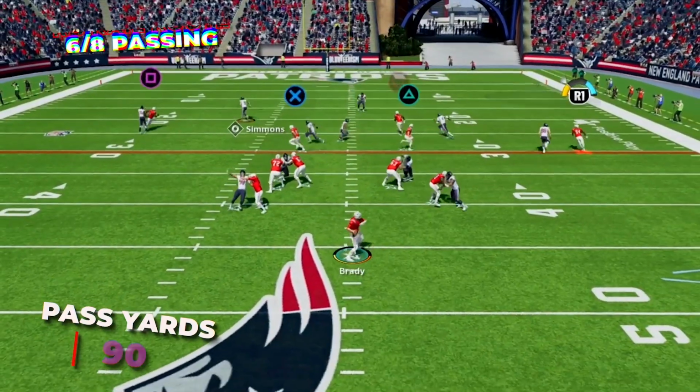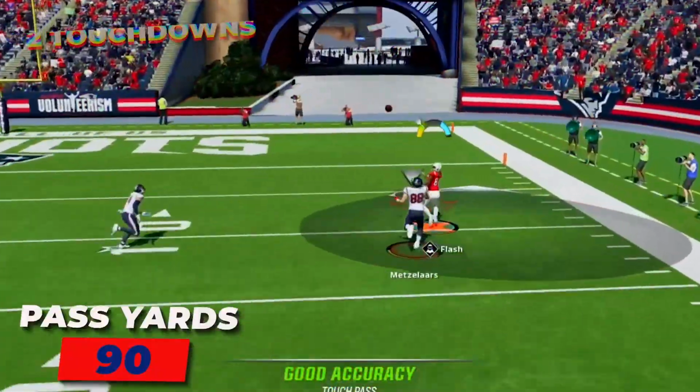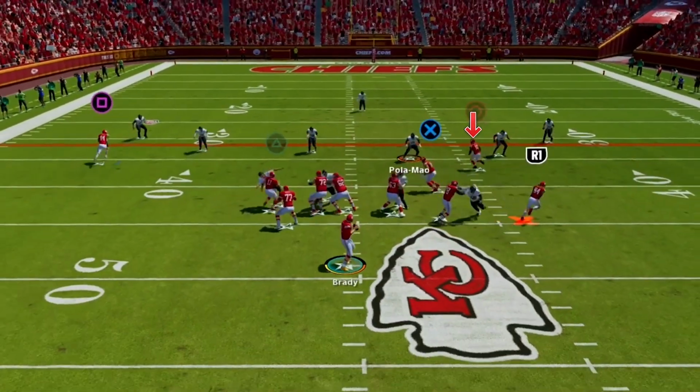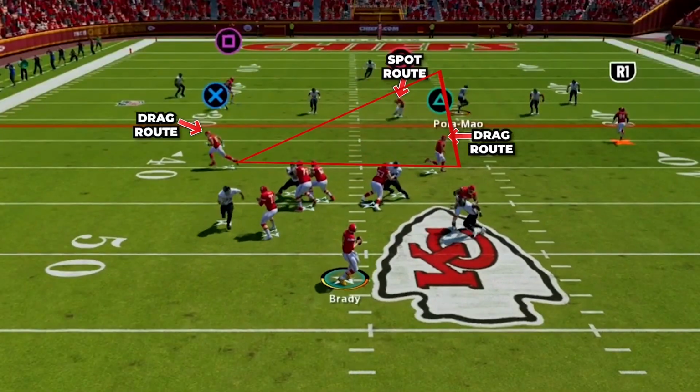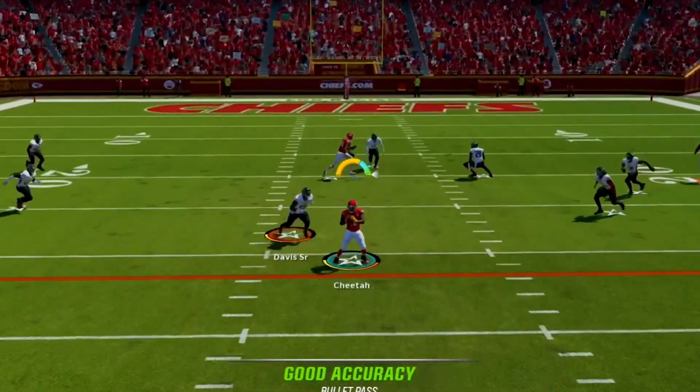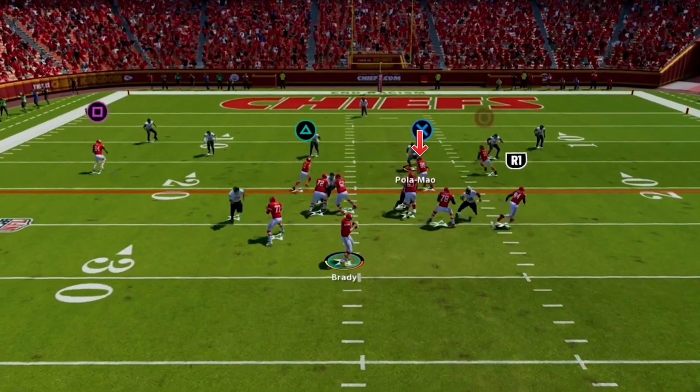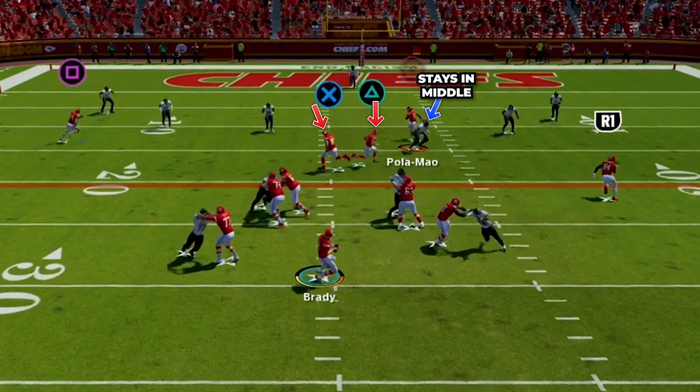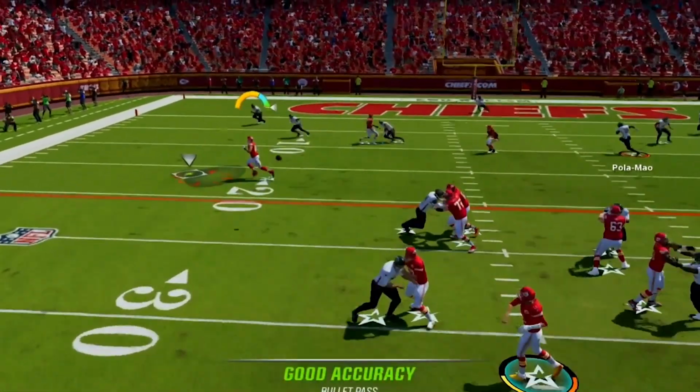And on this route I went 6 of 8 for 90 yards and 2 touchdown passes. Then we can look to the middle of the field, and we have this triangle read with the spot route and the 2 drags, and if the whole middle opens up, then fire it into the spot route for an easy pickup. Then if the hooks stay in the middle on the spot route, then you can look to either one of the drags underneath, and you can just go to whichever one has more separation, then catch it